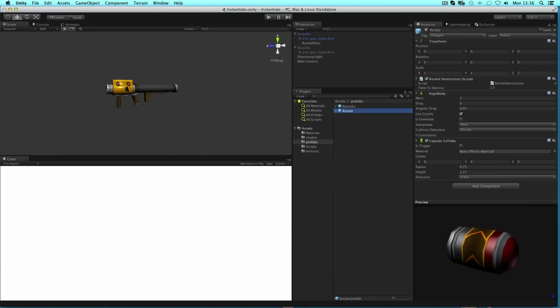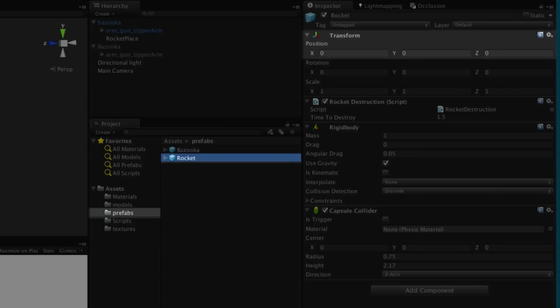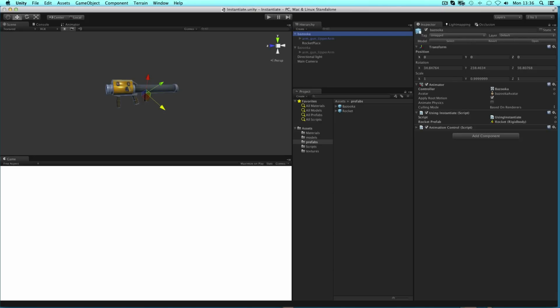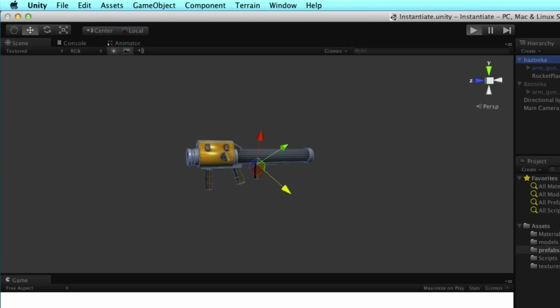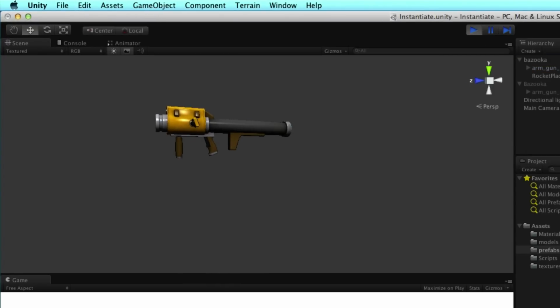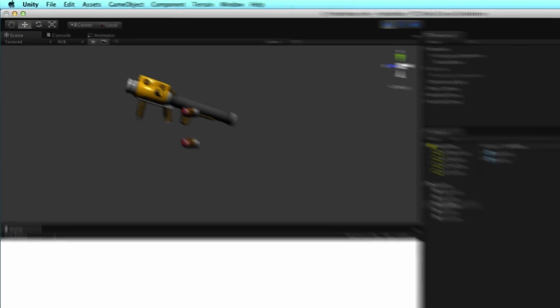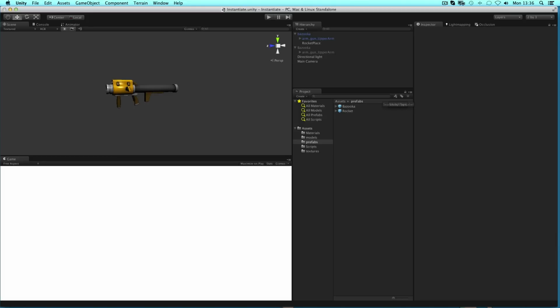However, this means that the prefab will be instantiated at its default position, which is 0. And in our example, that position is the center of the world and the center of where the bazooka is at the moment. So when we press play, those rockets appear at the center of the bazooka. Instead, we want to fire it like a rocket, so it needs to appear to be coming from the barrel